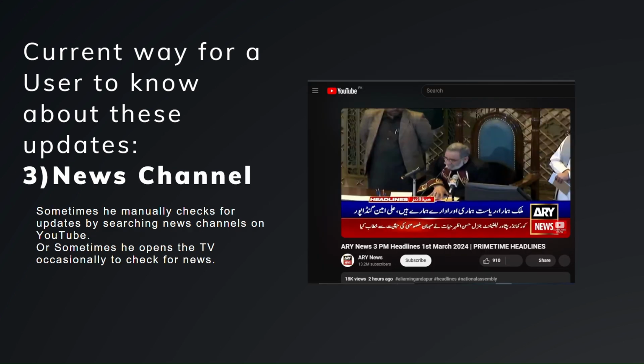Another way is news channels. We can watch the news, but as students we don't really have time to watch it. It's too much news at a time, and we don't always find news that is relevant for us. Considering our busy lifestyles, office people or students don't have time to watch news all the time. They want a medium where they can get relevant and updated news.